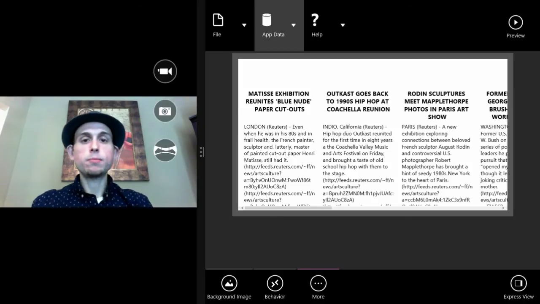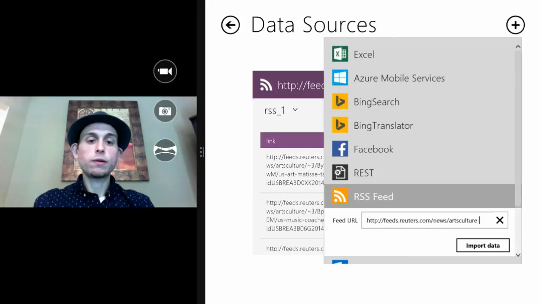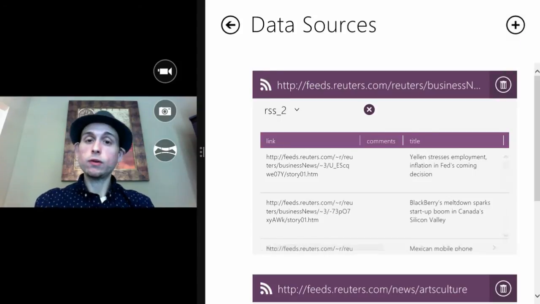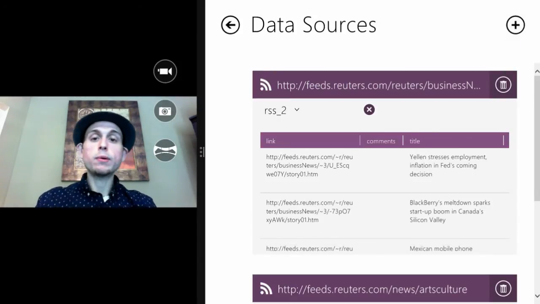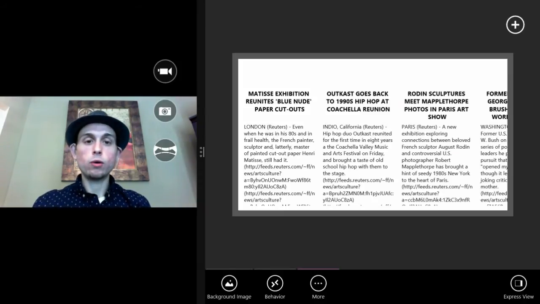So we show the menu bar, app data, data sources. We're going to hit plus, RSS feed. We're going to clear out what's in there, and let's paste in our business news. Import. And we've got another data source. You can see it's called RSS2. Okay, cool. So what we want to do is add a couple of buttons, and depending on which button the